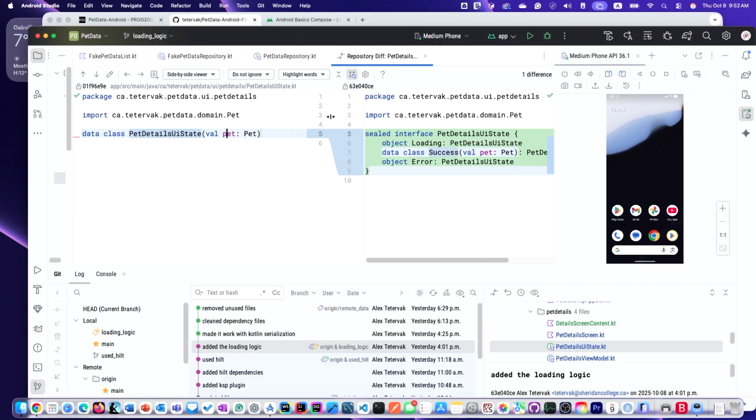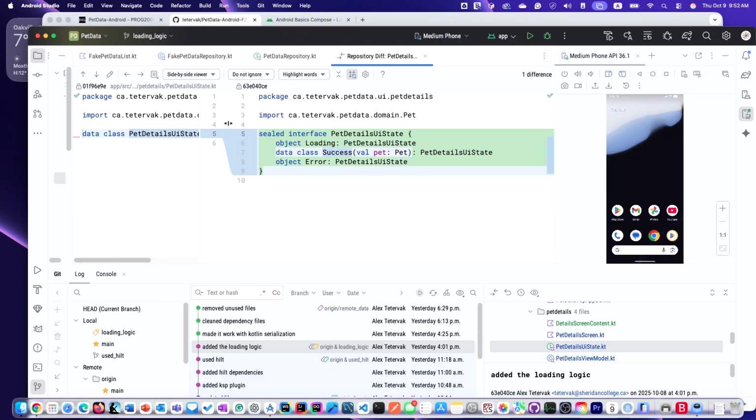Now, the UI state for details of pets is a sealed interface. Sealed means implemented in the same file, either inside of the interface or outside. Okay? So it is a sealed interface with three implementations: either object loading, use it as a flag, okay, or success